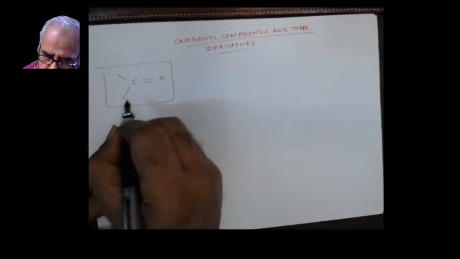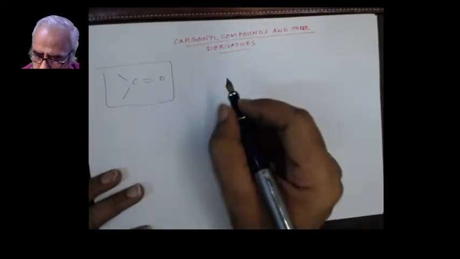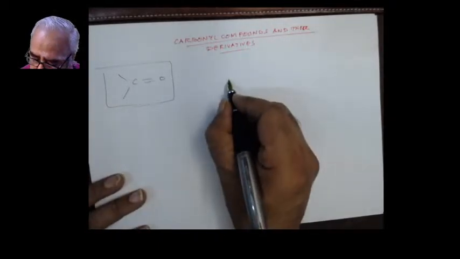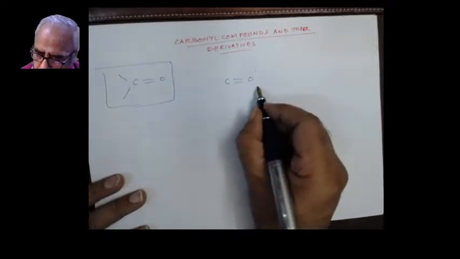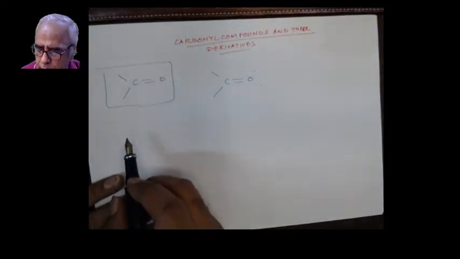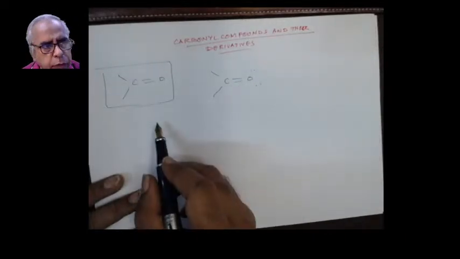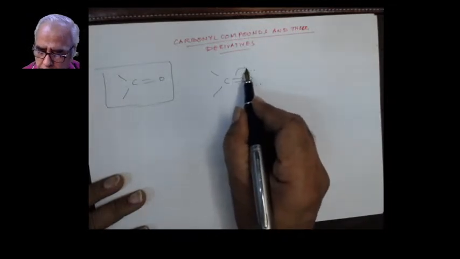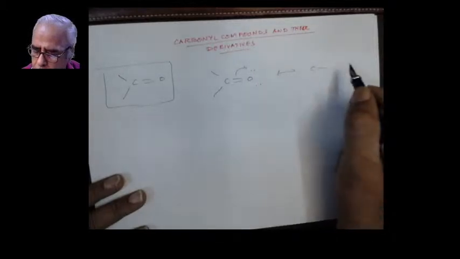And why are they very specific about this? Because of its high reactivity. Let us look at the Lewis structure, the electron dot structure for carbonyl compounds. C double bond O, you have two lone pairs of electrons on oxygen. It has the tendency to undergo a pi electron transfer. So this double bond may travel like this. It undergoes resonance,